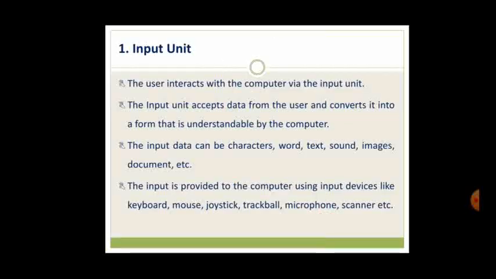The first one is the input unit. The input unit interacts with the computer. The input unit accepts data from the users and converts it into a form that is understood by the computer. The computer doesn't understand English, Kannada, Marathi, or any other language. It can only understand one language, that is binary language. So the input unit has to convert any input given by the user to binary language, nothing but ones